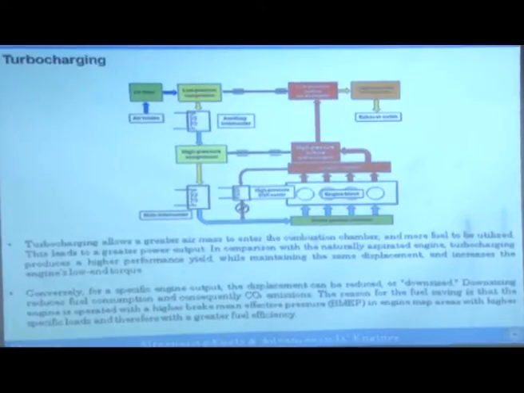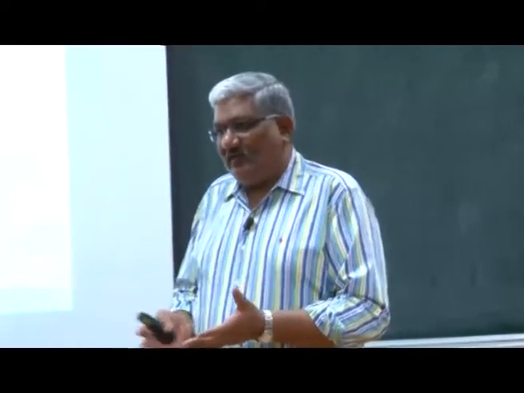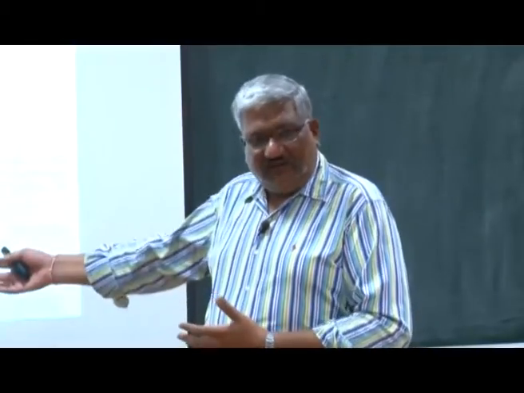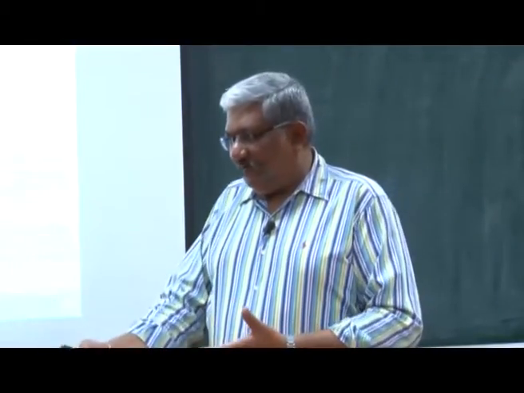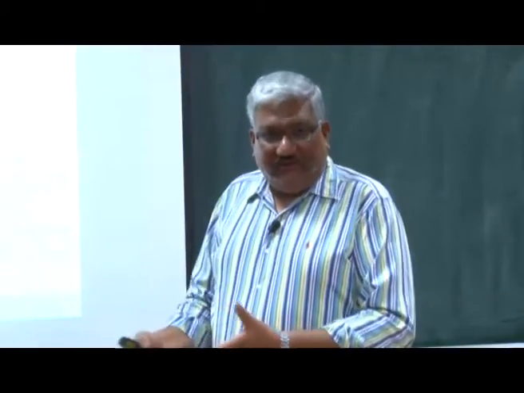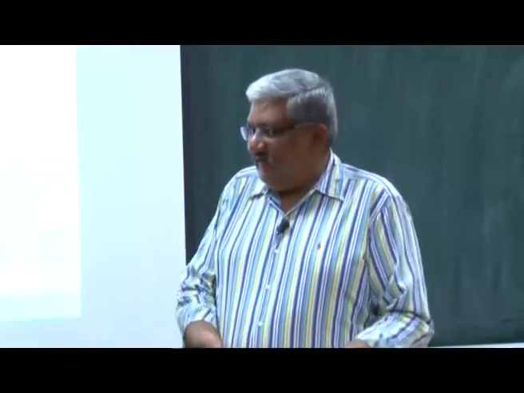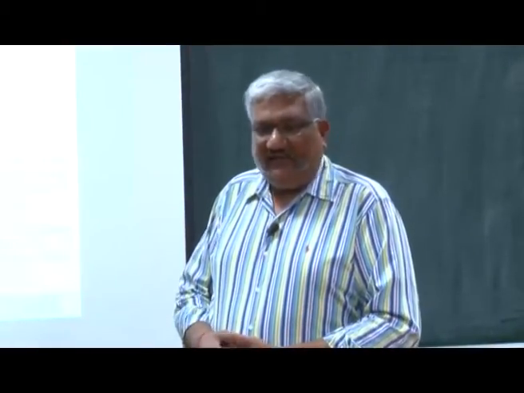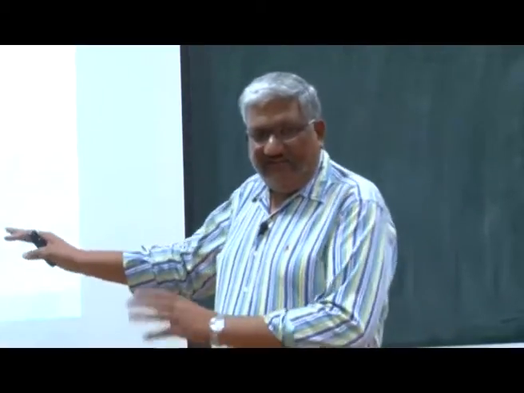Okay. I will give you a simple example of my own. I bought a naturally aspirated 1.5 liter EcoSport, which gives me 12 kilometers per liter. There is another cousin of that, same model, same exterior, but the engine is 1 liter turbocharged gasoline. It gives an average of 15, 20%, 25% higher. Why? Because it is turbocharged, and mine is 1.5 liter and that is 1 liter, and it is far more powerful than mine, because mine is naturally aspirated. Had it been turbocharged, it would give me more power and more thrill to drive, right. So when you buy your car, keep these facts in mind.